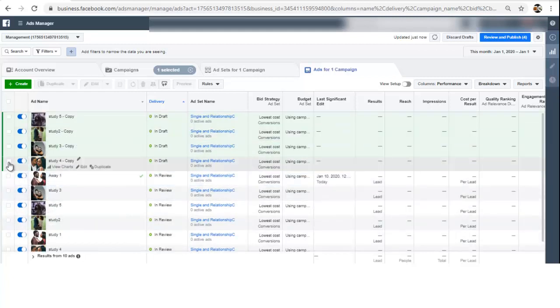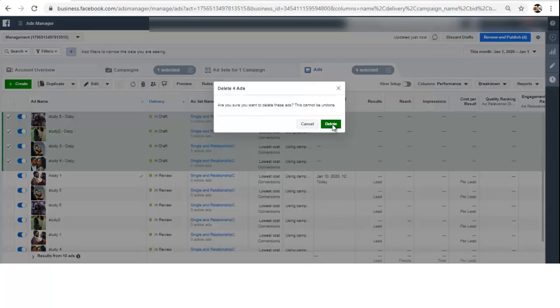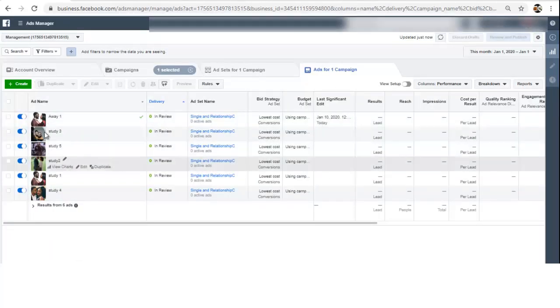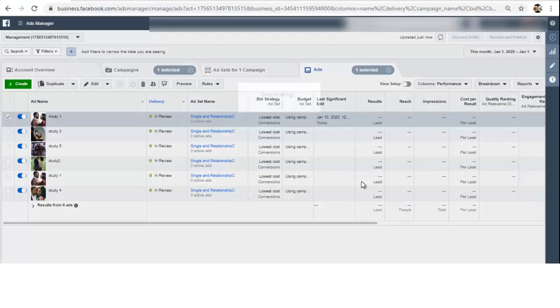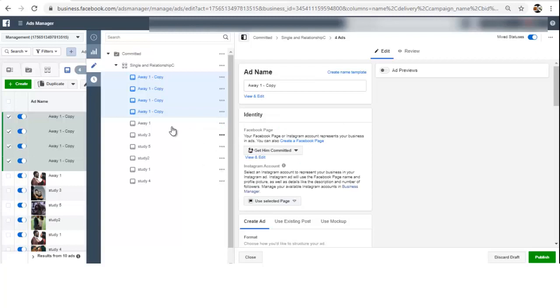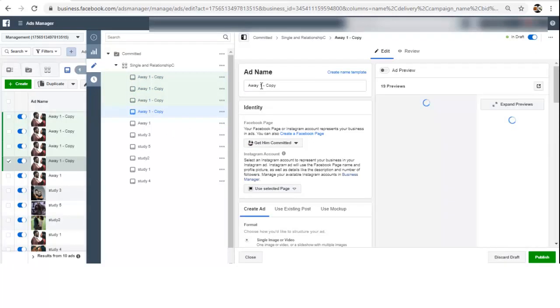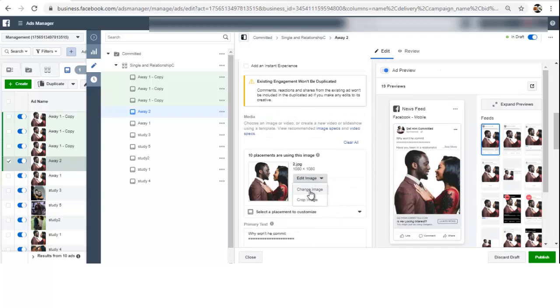Okay, so now remember we did a duplicate of the previous one. I see that it's going to be tedious having to go in all of them, so let's delete this. So now we are going to make duplicates of this away. Let's duplicate this into 4. So now take this and we call it away 2. All we just have to do is change the image